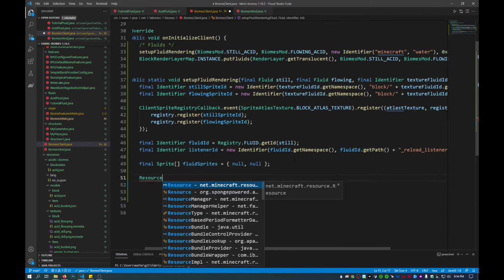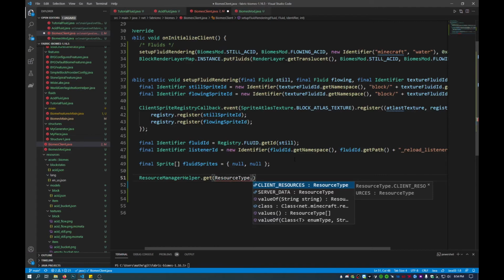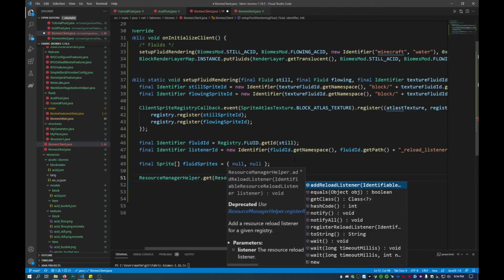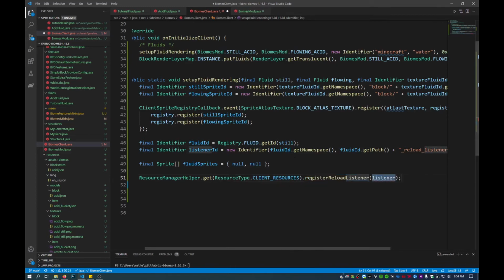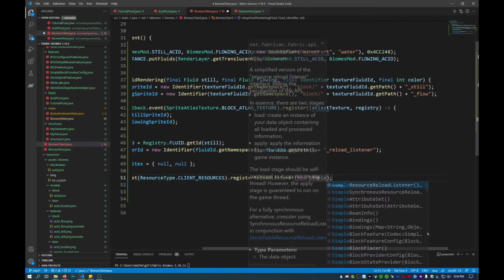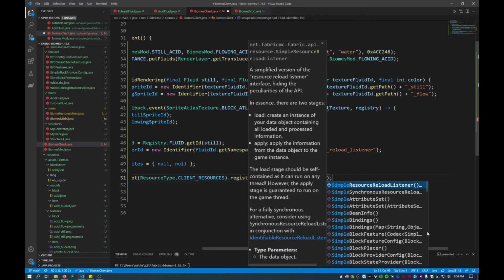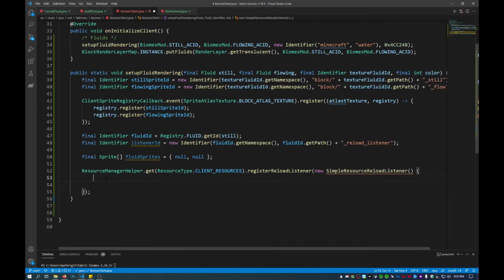So we're going to resource manager helper get resource type. So this will be resource type. This will be client resources. And then we'll register reload listener. And then the listener will be a new, I guess, a simple asynchronous resource reload listener, yeah, that's the one. I'll take out the cast here. I don't need that. And within that, we'll set up an override function,